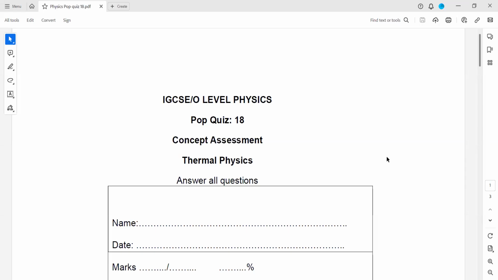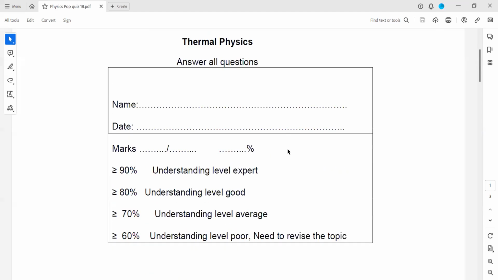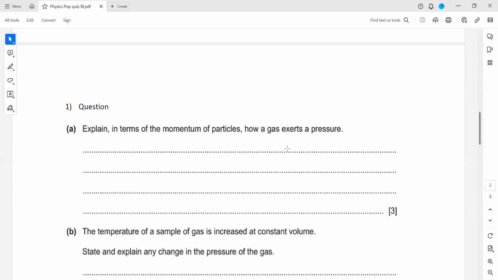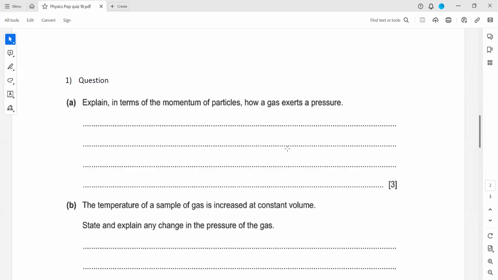So starting with the pop quiz, which was related to thermal physics. Explain in terms of momentum of the particle how the gas exerts pressure. As I mentioned, this type of question is very common, in which you have to explain the pressure in